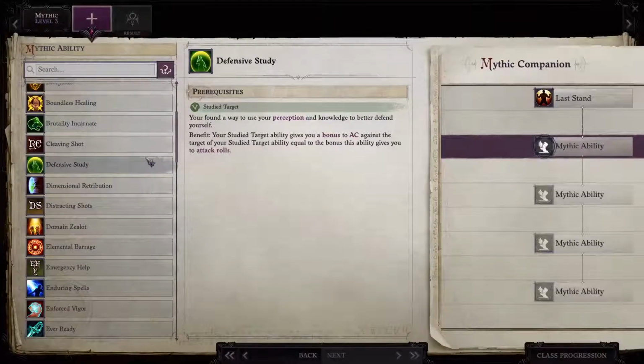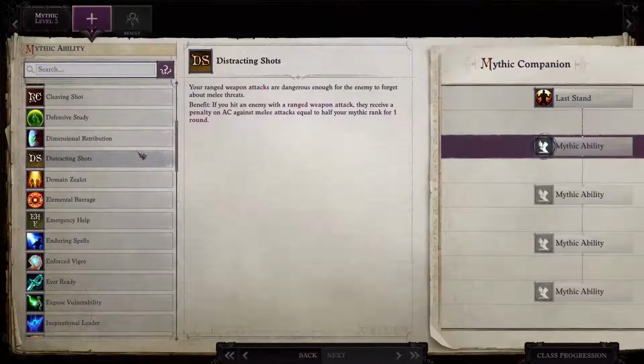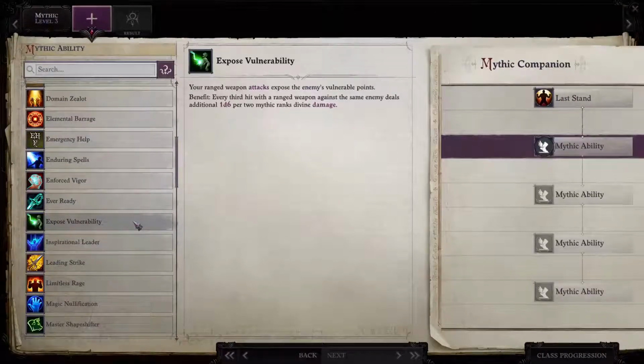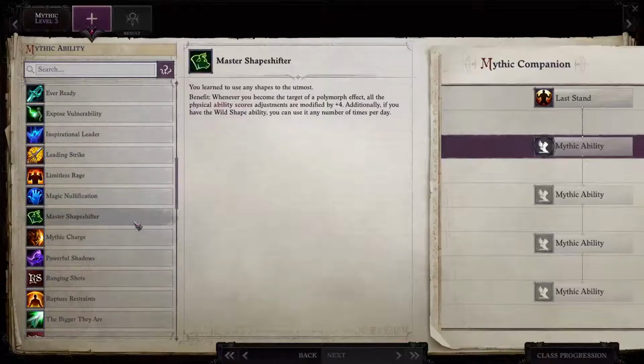Defensive Study. You found a way to use your perception knowledge. Your study target ability gives you a bonus to AC against the target of your study target ability equal to the bonus the ability gives you to attack rolls. Oh, so that gives you some more AC. That's kind of nice. And that's anytime you use study target, so that's pretty cool. Okay, Leading Strike. Yeah, that's alright, but...